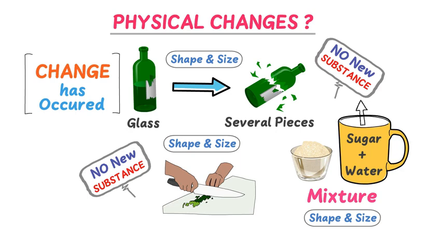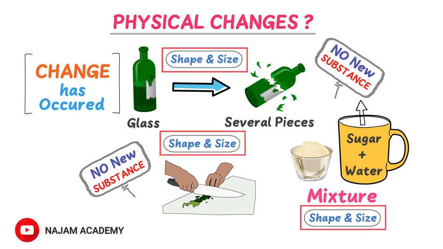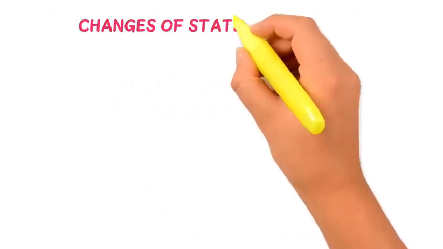So from these three examples, we learn that when changes only occur in the shape and size of an object and we do not get any new thing or new substance due to this change, we call such changes physical changes. Now let me also teach you some common processes in which physical changes occur, like change